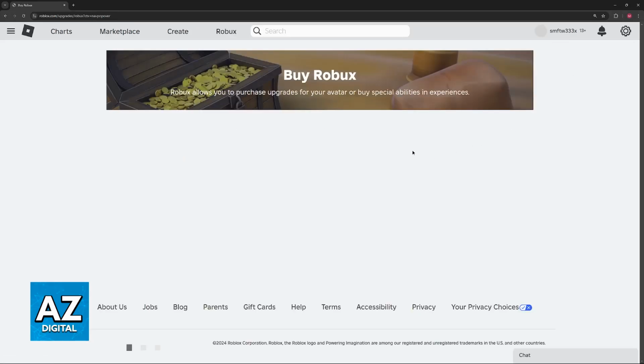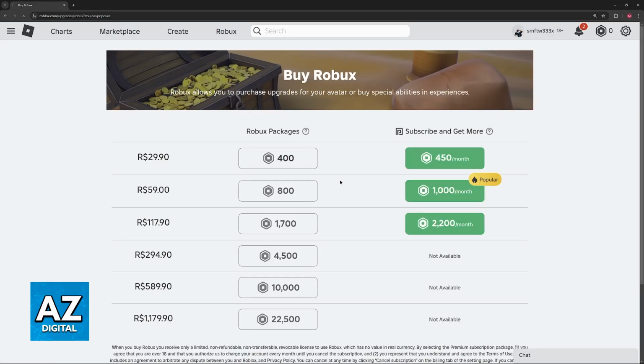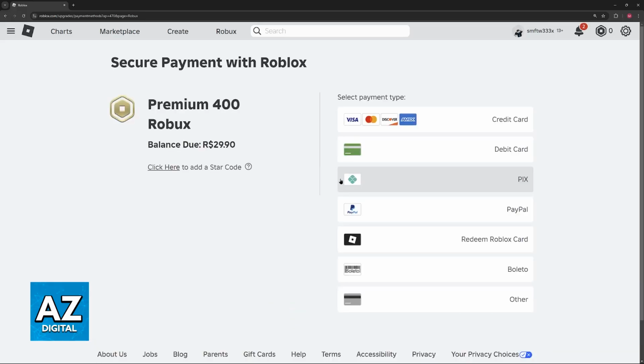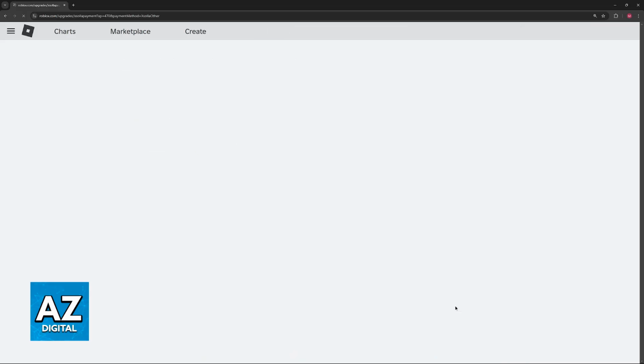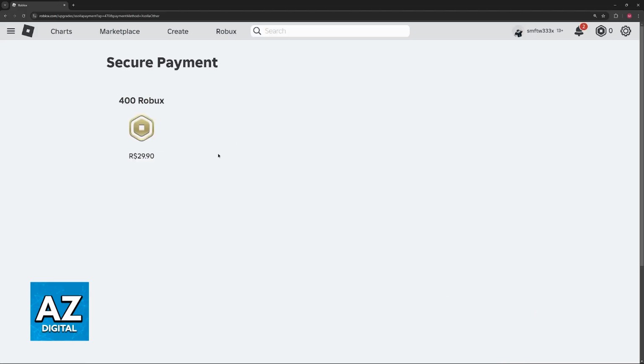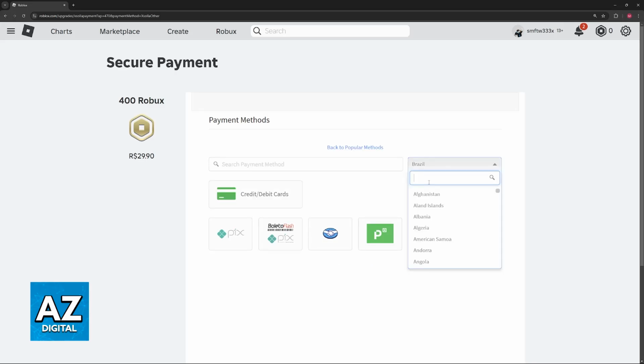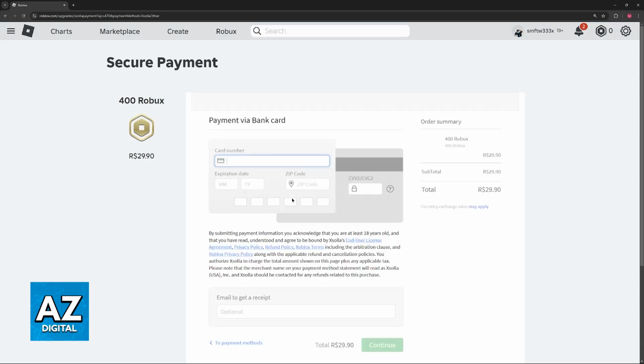The next time that you choose to buy Robux or Roblox Premium and you proceed to checkout, you will have the option to choose from that saved payment method. It is extremely simple and you will be able to browse through all of the payment methods available. You can register multiple payment methods and you shouldn't have an issue using them as soon as you add them to the payment methods available in your Roblox account. You will be able to purchase Robux, Roblox Premium, and anything that is available on the store. You just need to make sure that you included the necessary details to save the payment method.